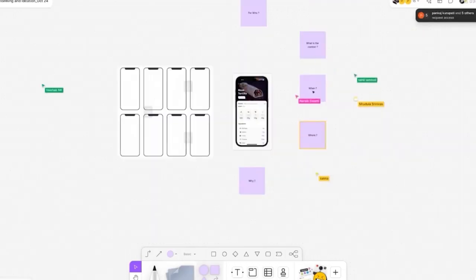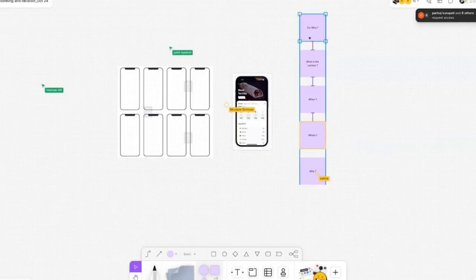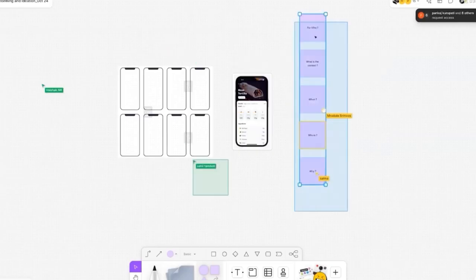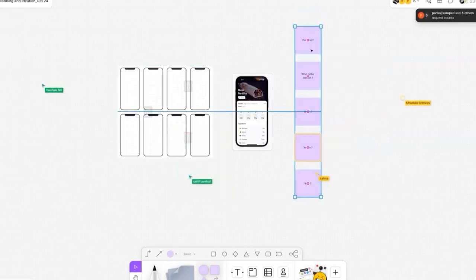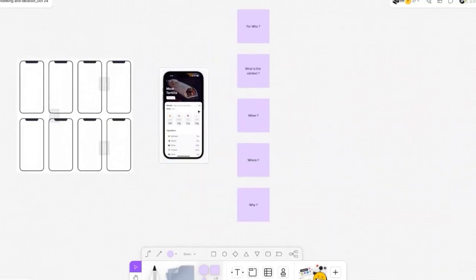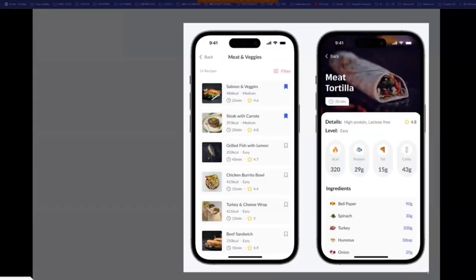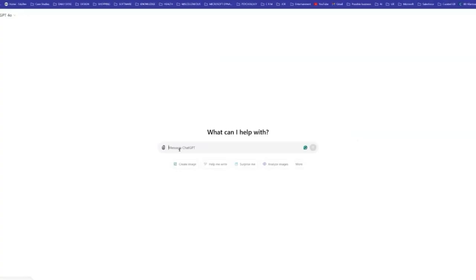Because when you are actually doing a whiteboard session, these are called whiteboarding sessions, right? And let us keep them like this only, right? We need to ask these questions first. So when we are designing this, and also let us go to our GPT and let's get all these two screens, and you can ask, can you create,